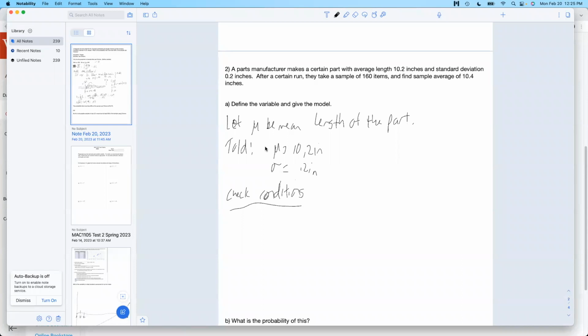We're supposed to check, is our sample size big enough? How big is big enough? It depends. If you're told the population is a normal distribution, you can use any sample size you want. If the population is nearly normal, then you can use a small sample size. You can get by with a sample size of 4 or 10. Otherwise, you need your sample to be, like the guideline I was always told, at least 50. My sample size is 160. That's big enough. So check the conditions. Then the central limit theorem says